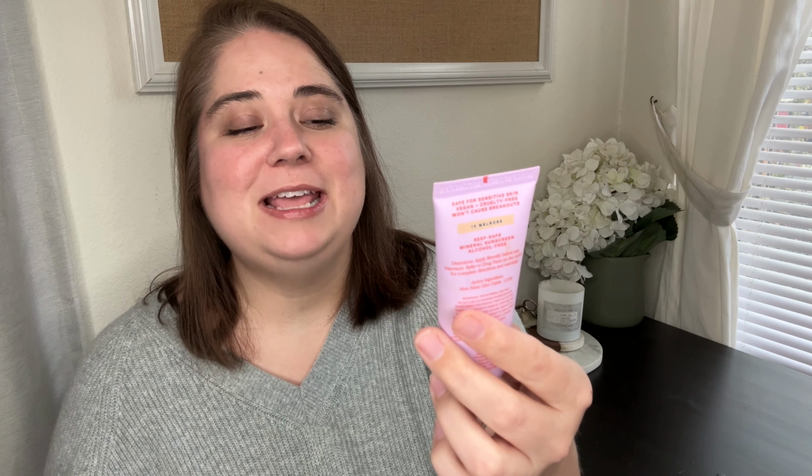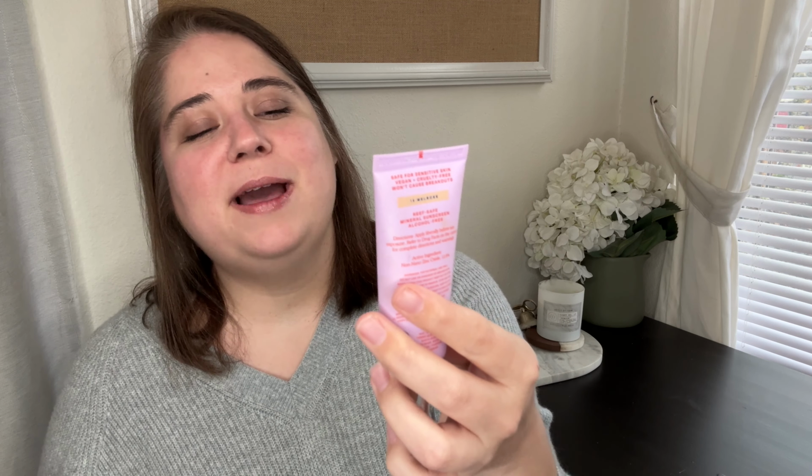My number 1 foundation, and it isn't even really a foundation, is the Tower 28 Sunny Days Broad Spectrum Tinted Sunscreen. I have this in the shade Melrose. I am wearing this right now. If I'm putting on makeup, I'm generally wearing this. It is just really nice and sheer. It gives a little bit of color. Wakes me up, makes me not look like I'm dead. It's just